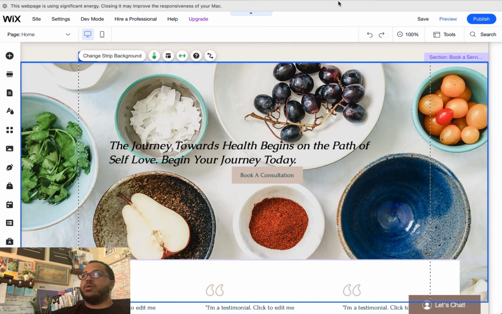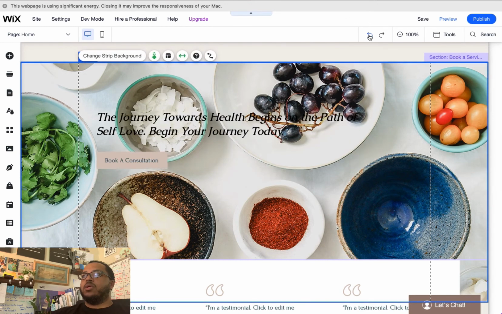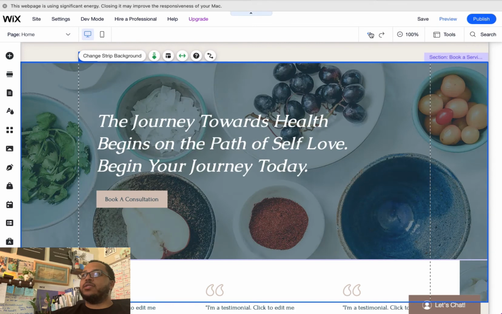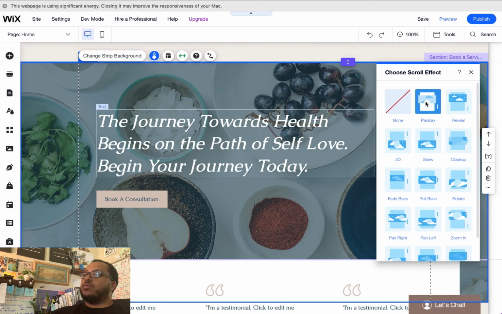One more should do it. No, one more. There we go. All right, now it's back. As you can see, this also has a scroll effect, and this is a parallax. When you hover over the box or section, it will give you a little preview of the effect that you get. Pretty cool, right? So we'll leave the parallax